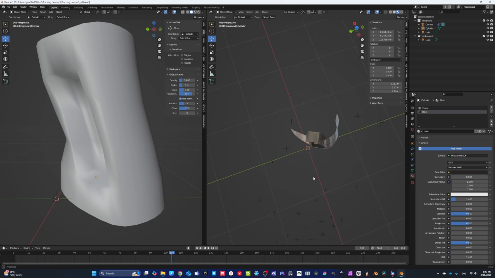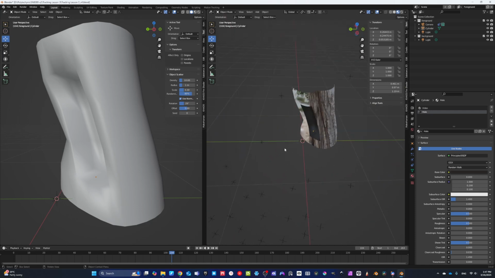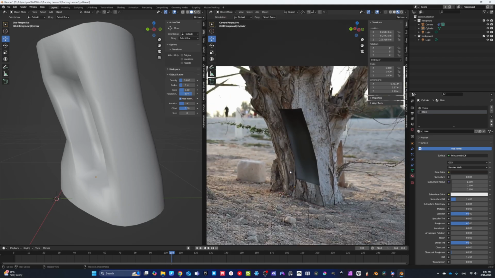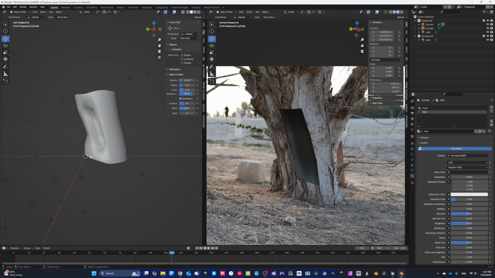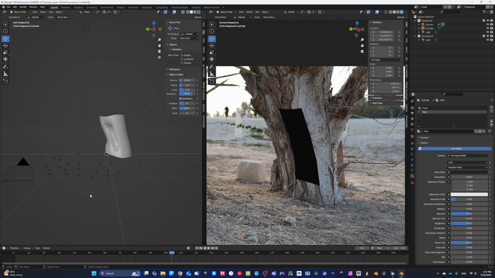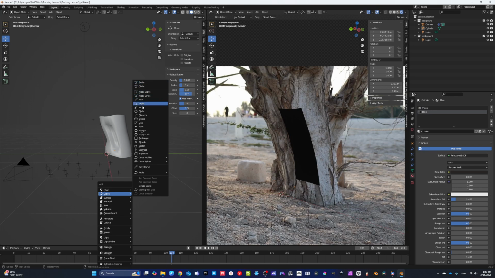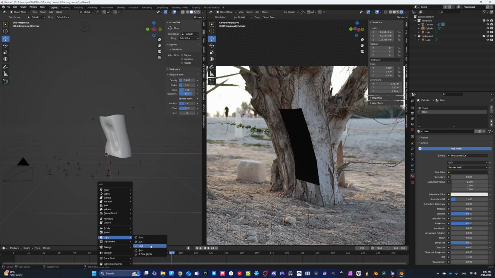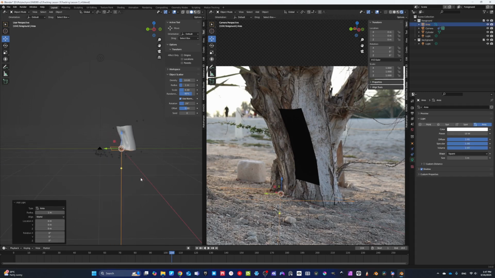Now, you can't really do this setup other than from the camera view. It only works from the camera view. So there it is. You have a different texture. If you add some lighting to it, so I'll go to render view here. It's all very dark because I have no lights in my scene. So if you add a light, sorry, I'll add an area light because it's soft and because the environment here is soft,